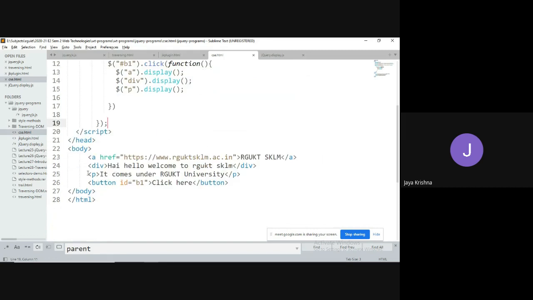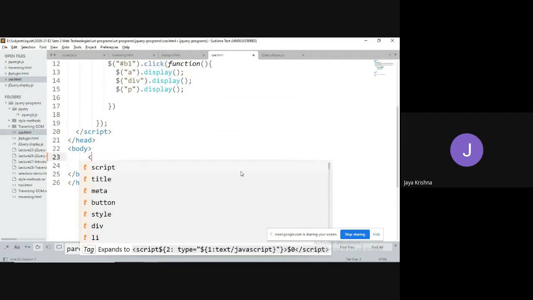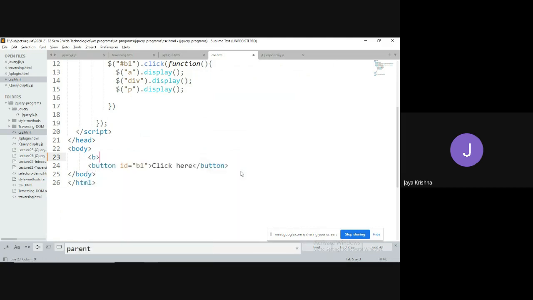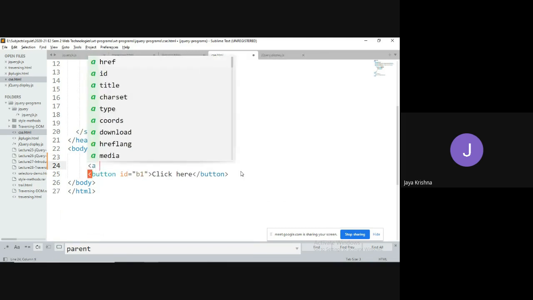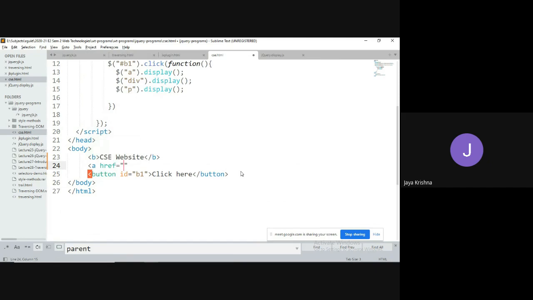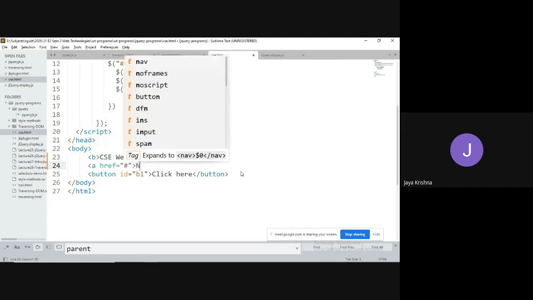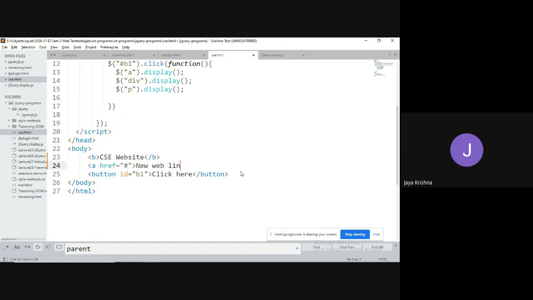Now what we can do is, the CSC people have taken a bold tag, CSC website, and a link, a href equal to some link, new web link, some data I have given.